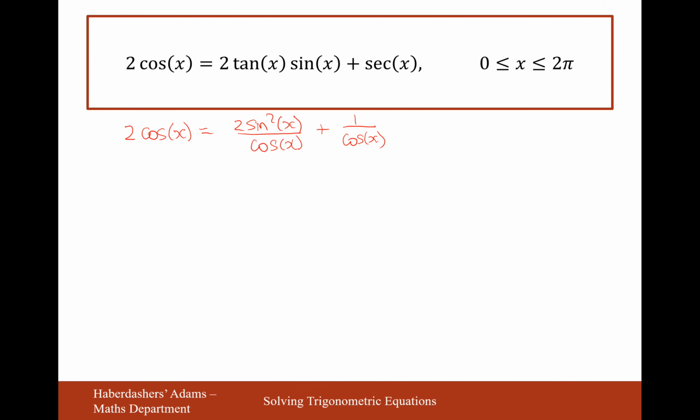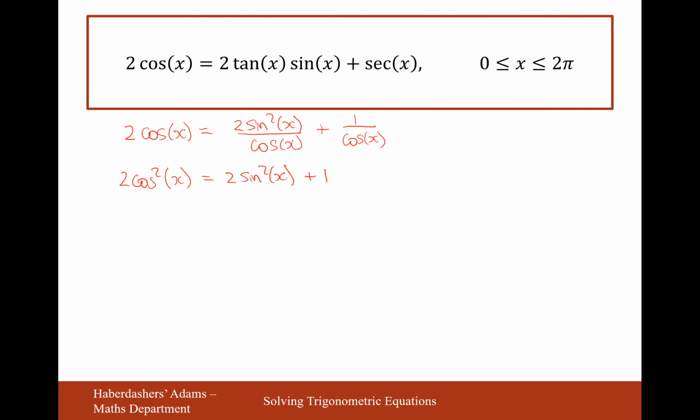Okay, well that will be easy to simplify the fraction on the right hand side. So what we're going to do, we might just times everything by cos. So it'd be 2 cos squared x equals 2 sine squared x